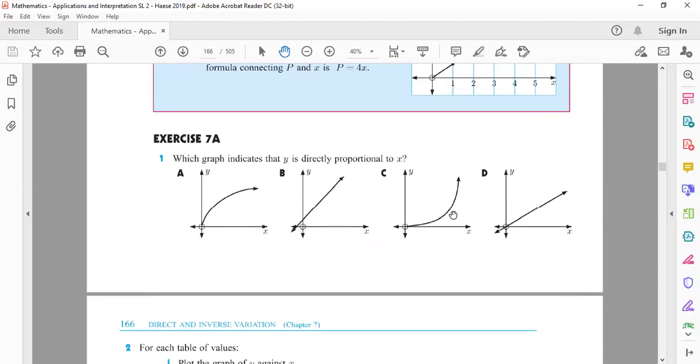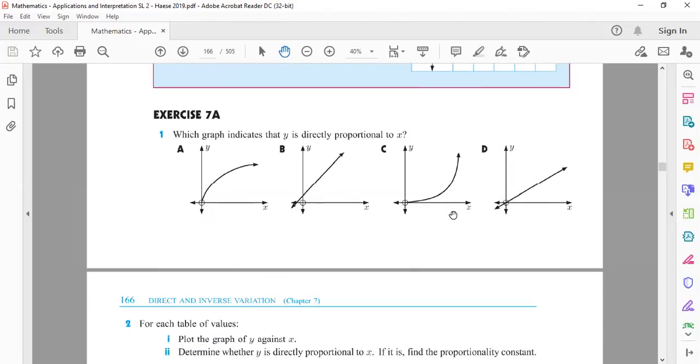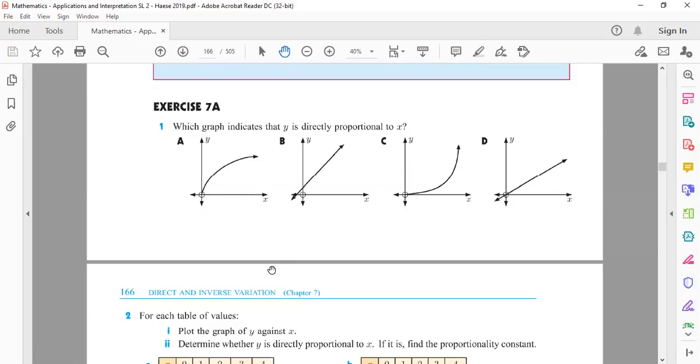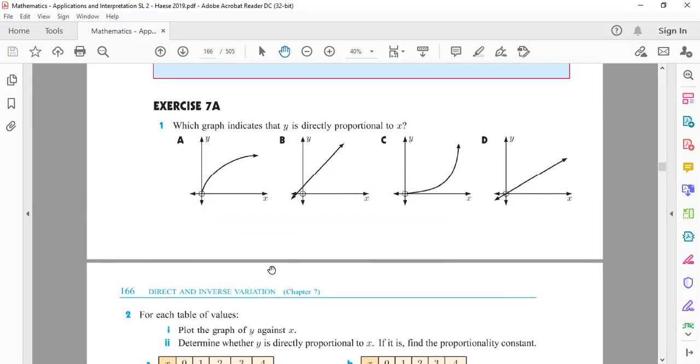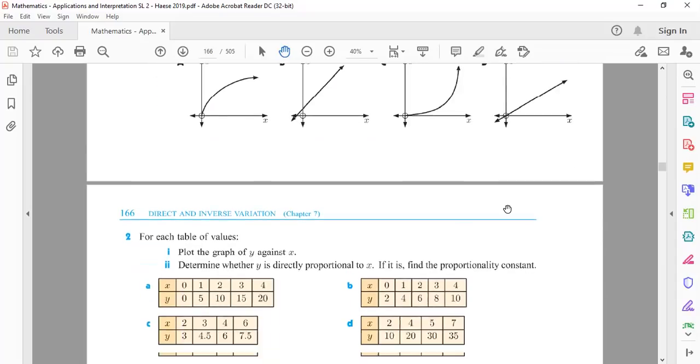So now, which graph is directly proportional graph? B. Yeah, that's easy. Oh wait, that's Y. Because B is the answer. But B isn't starting at 0, is it? Oh, sorry. D is the answer because it's starting from origin. Okay, even I overlooked. So D is the answer because it's starting from origin. So always the graph will start from origin. So answer is D. Okay, got it.